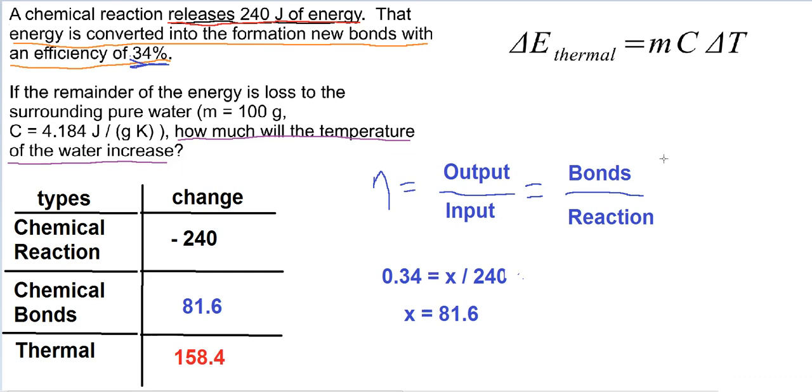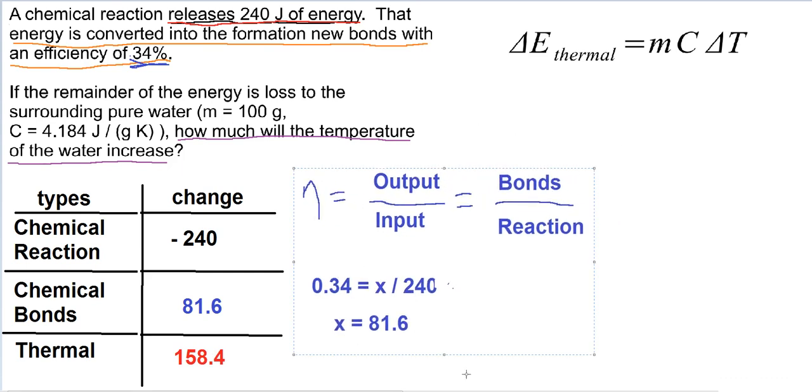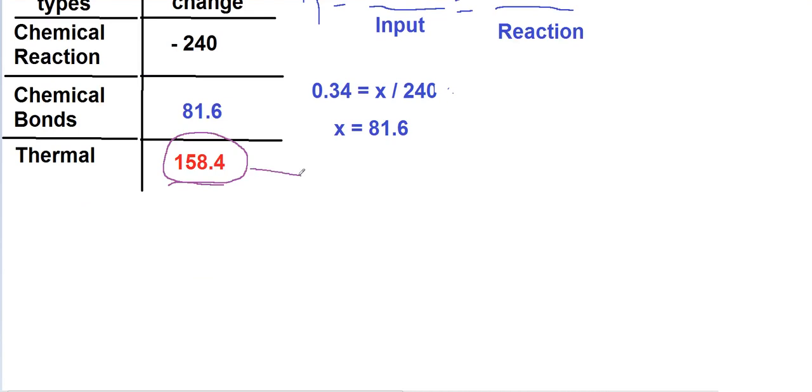Now, once you've identified this, again, we'll just slide this over. Your goal is to figure out how much the temperature of the water will increase. So just like before, once you've filled in all of your energy changes and all of your energy types, one of them will actually help you solve the problem. Since we're looking for changes in temperature, we should probably be using changes in thermal energy. So we can use this change in thermal energy directly to find our change in temperature, because our change in thermal energy,